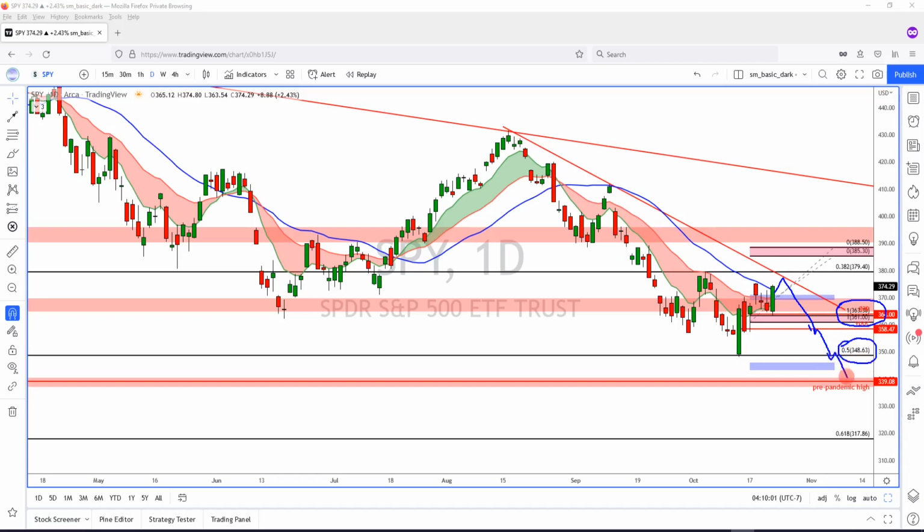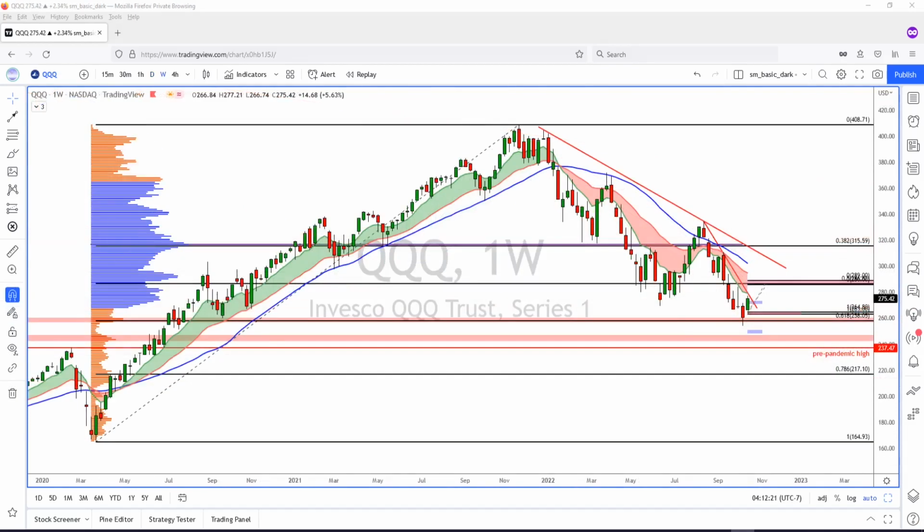And if we break that, then we'll be looking at this pre-pandemic high. So that would be the swing on the downside. Okay, but for the near term, watch this zone here for this week, this upper range and the lower range. Looking at the QQQ, you can also see that it tried to come up to this 50%